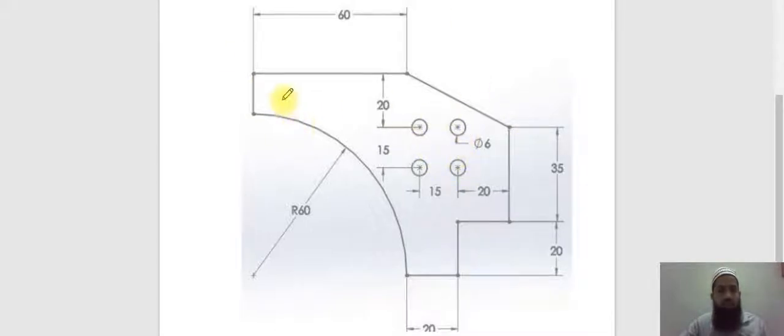From this figure you will understand it has one circle of radius 3 and 4 holes. So you have to first understand the dimensions and locate all the points so that it is easy. Locating these points is a little difficult, but here the diameter given is 6 for each hole, because all the holes have the common diameter.